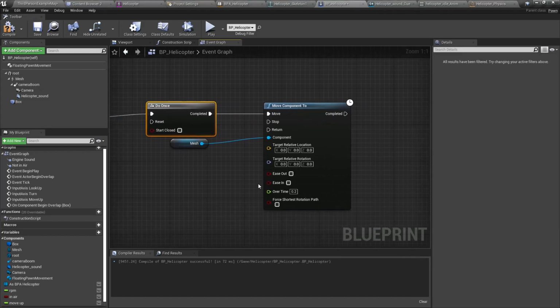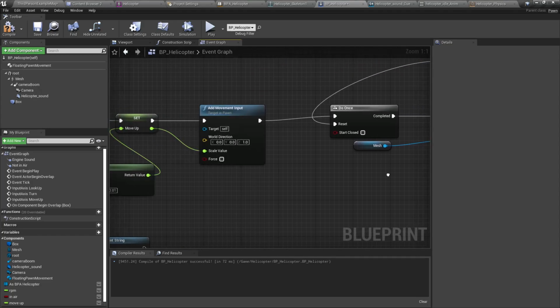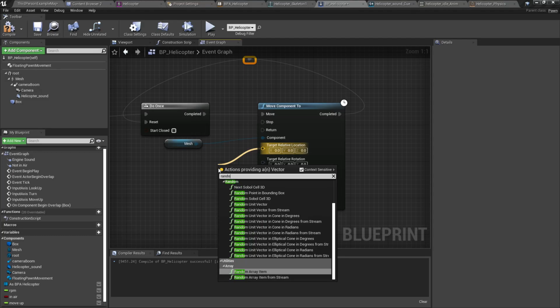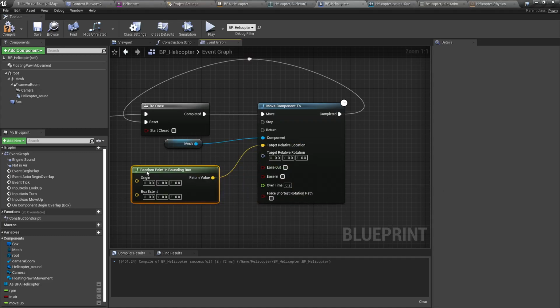Let's do once, and once it is completed, let's reset it. Relative rotation, can we do a random point in bounding box? Okay,